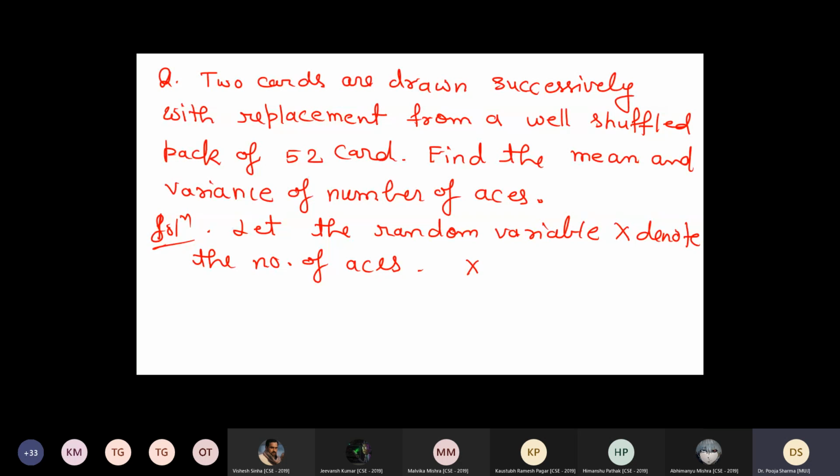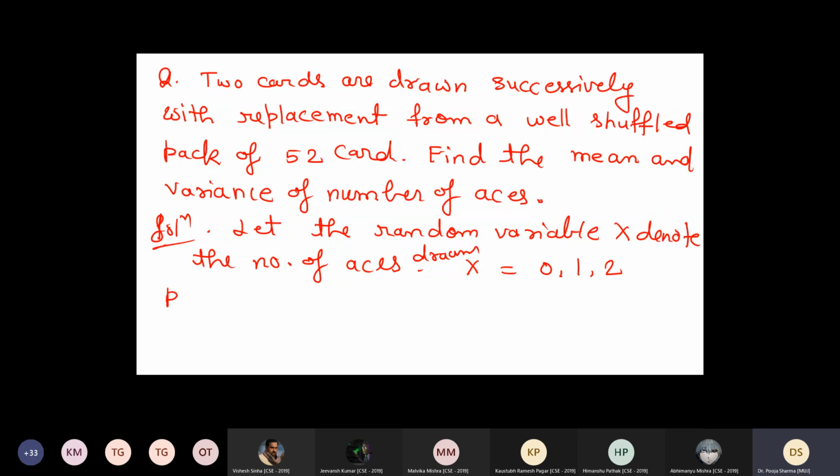aces. So what is the range for the X? Of course 4 aces are there, but जैसे अभी ball वाला case लिया था, how many balls were drawn there? 4. So we took X from 0 to 4. But here 2 cards are drawn, maximum 2. तो 0 हो गया पहला, 1 and 2. तो X equals to 0, 1 and 2. यहाँ पे ऐसा लिख सकते हैं number of aces drawn. So that will give you a clear picture why we are taking X from 0 to 2.